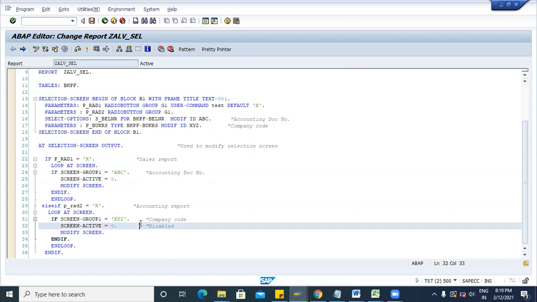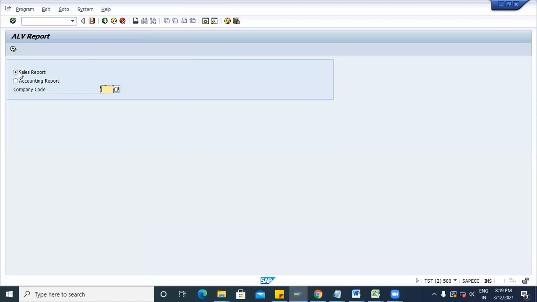Okay. Now execute. If sales report is active, then the first selection screen parameter, that is accounting document number, is disabled. If we select accounting report, then your second selection screen parameter, company code, is disabled. So this is the selection screen, and this modification is possible only through the event AT SELECTION-SCREEN OUTPUT.